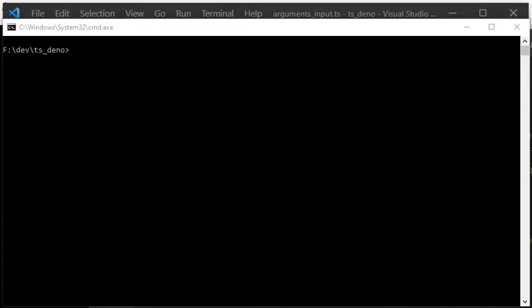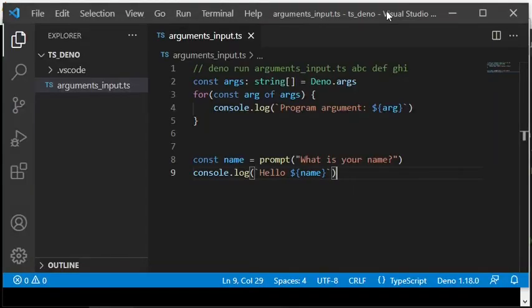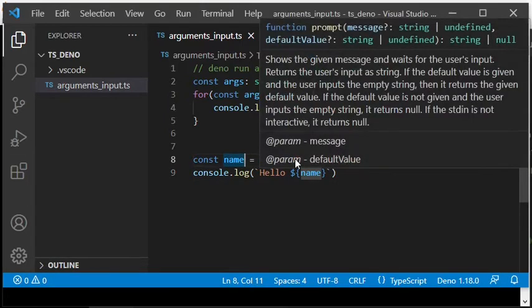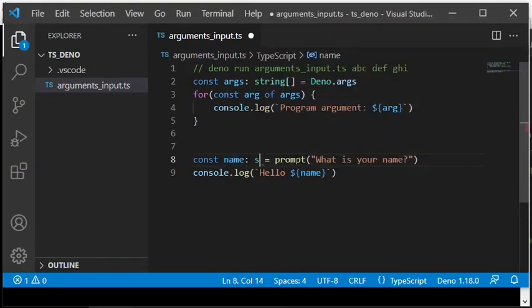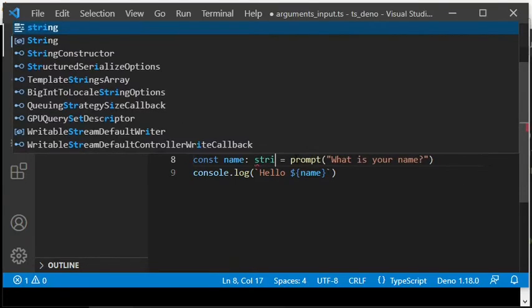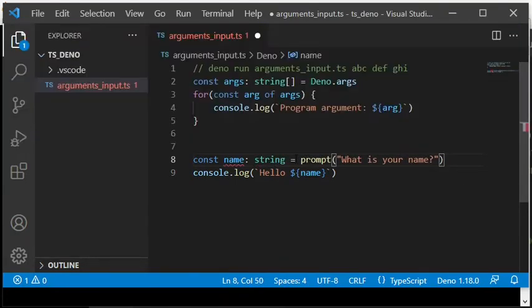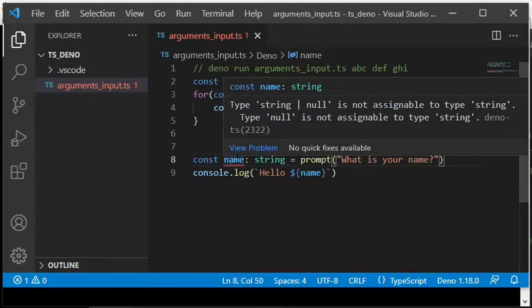I also would like to mention that I did not use an explicit type for the variable returned from the function prompt, but I will try to do that now. If you have not looked in the documentation, you might guess that the type should be a string. However, Visual Studio Code complains about the string type by displaying the variable in red. Also, you can see the actual problem. The type should be string or null.